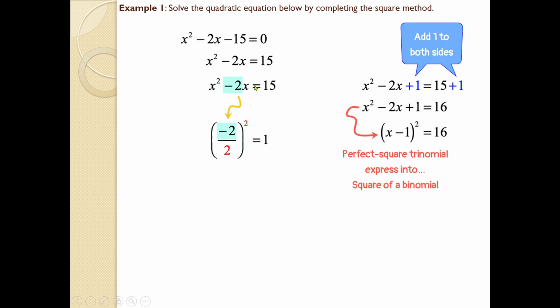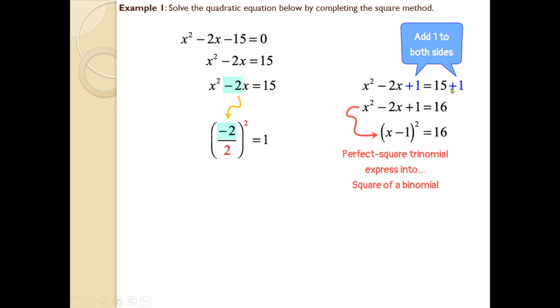One more thing. When you add this number to the left hand side, in almost all the cases the left hand side will automatically come to a mathematical identity format, that is a minus b the whole square. See, x square minus 2x plus 1 means x minus 1 the whole square. If you expand this one using the identity of a minus b the whole square, definitely you will get this one, x square minus 2x plus 1. That was the explanation mentioned in the steps.